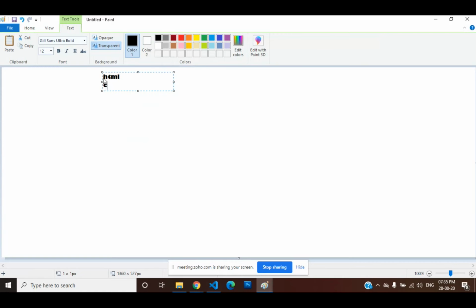But coming to CSS, JavaScript, jQuery, Bootstrap, then Ajax. We should learn one Angular framework, Angular. Now coming to JSON, and Photoshop.